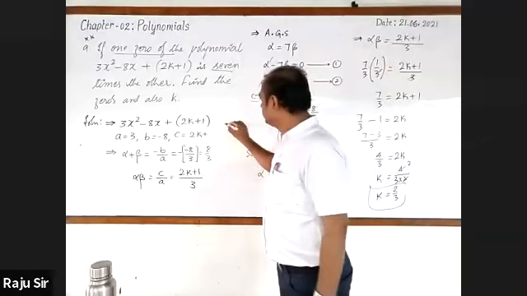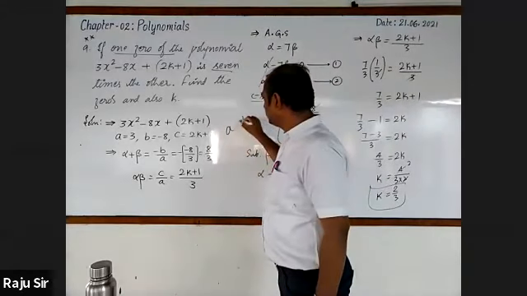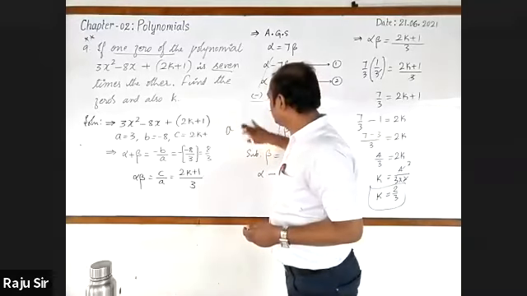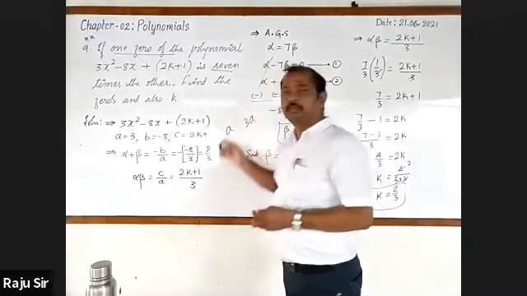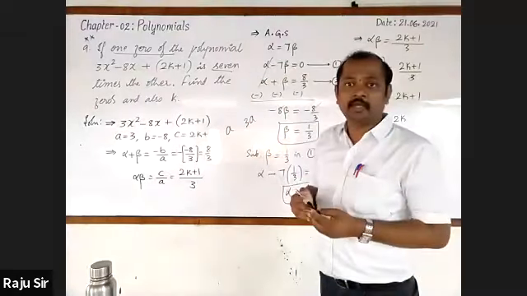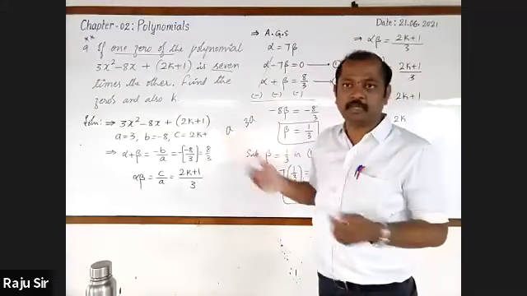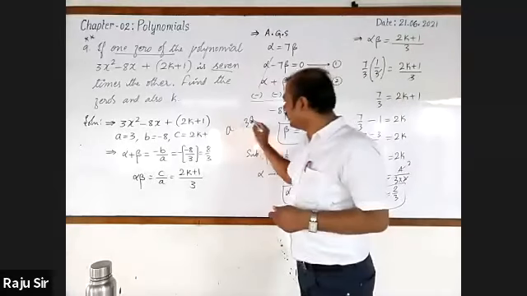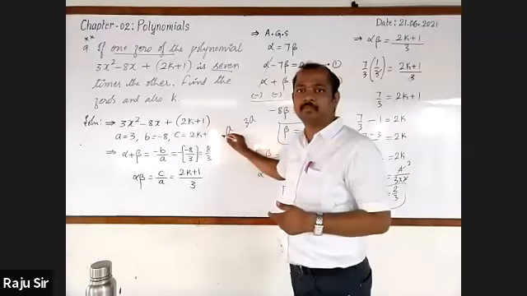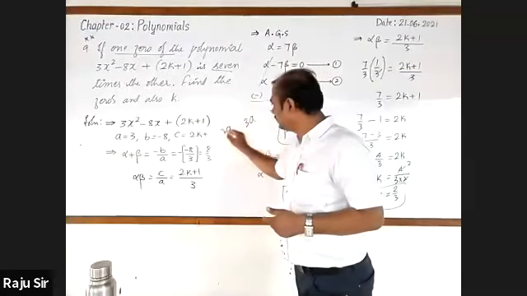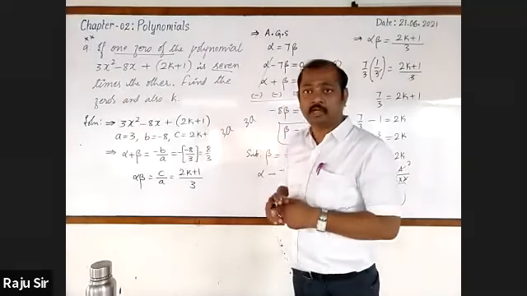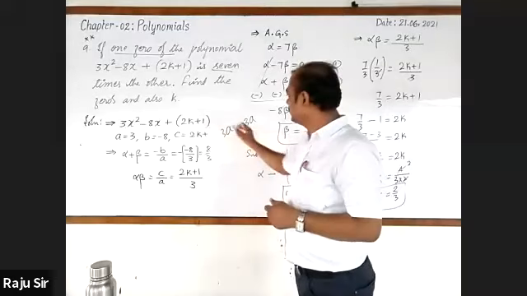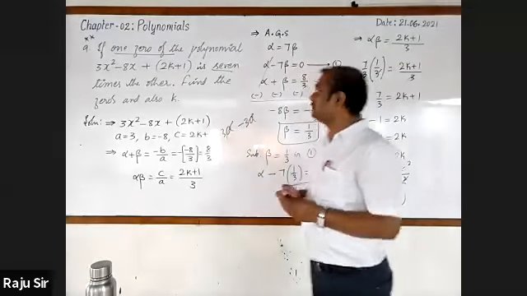Now if I have A and B, or another A and 3A, these cannot be subtracted. These cannot be cancelled. To cancel, coefficients must be same. Here 3A is there. It should also be 3A. And sign should be different. See that, 3A minus 3A. Then it gets cancelled in the same way.